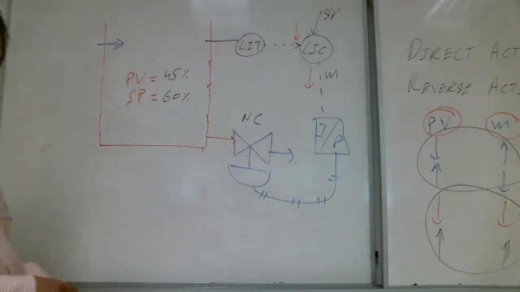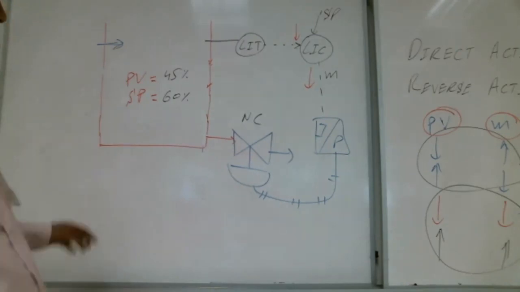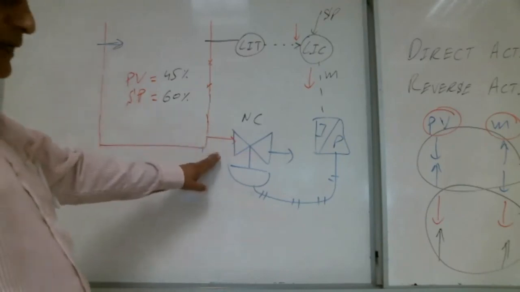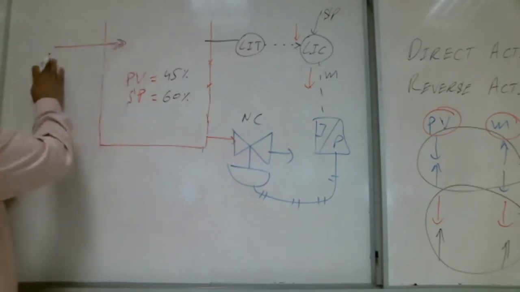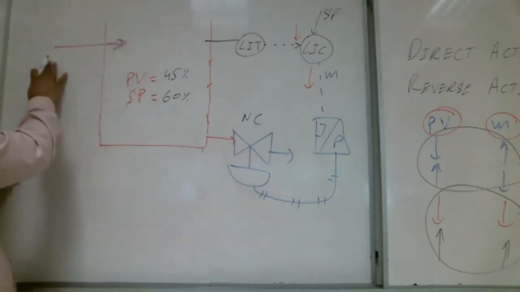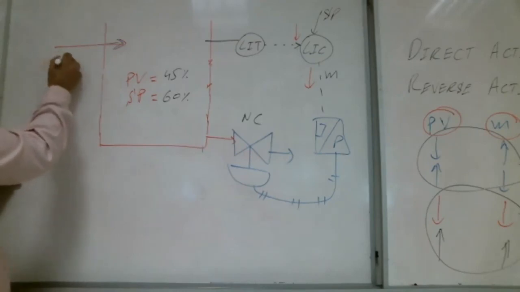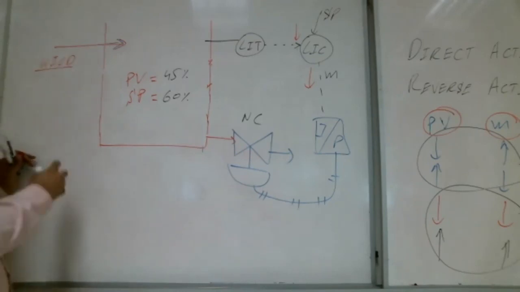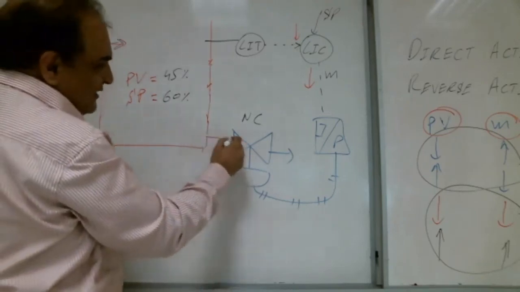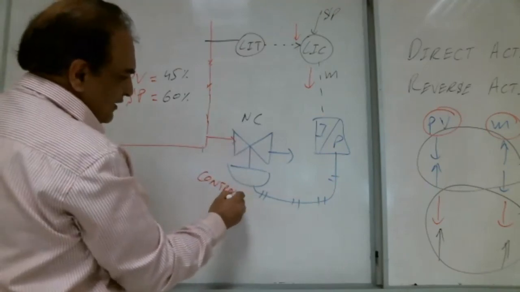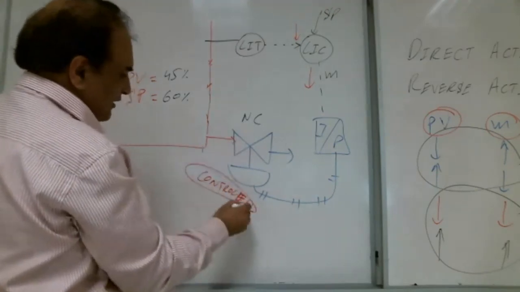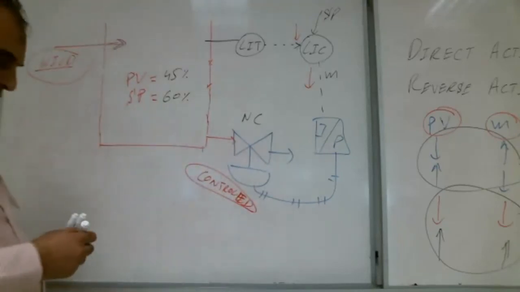Teacher, in this case, does the valve supply the tank or does it empty the tank? That empties the tank. It is at the outlet. The fluid is coming from here, and there is no control here. Here it is wild. This is at the outlet, so it is controlled here. Here we have put the valve, so it is controlled here. Here it is wild.